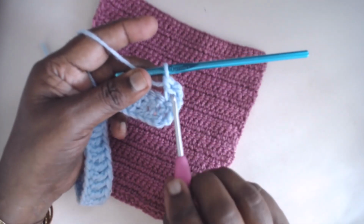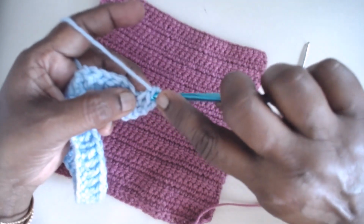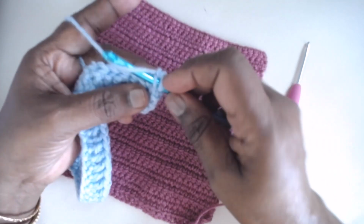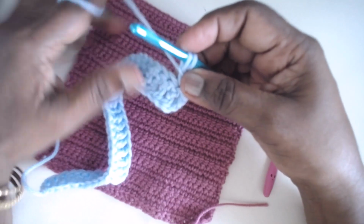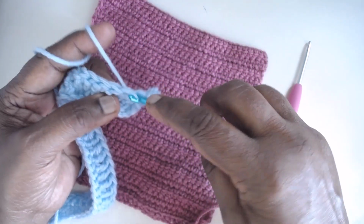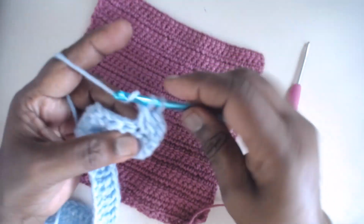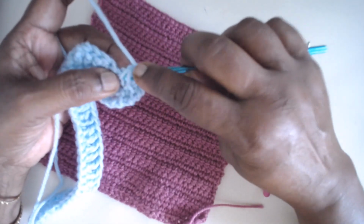which is horizontal. You're going to insert your hook into that and pick up the chain and pull through, or yarn over and pull through. Insert your hook into this, yarn over, pull through, instead of directly yarning over on the hook, and next insert into the next stitch, pull out the loop, yarn over, pull through 2, yarn over, pull through 2. This is the linked double crochet. Again here,